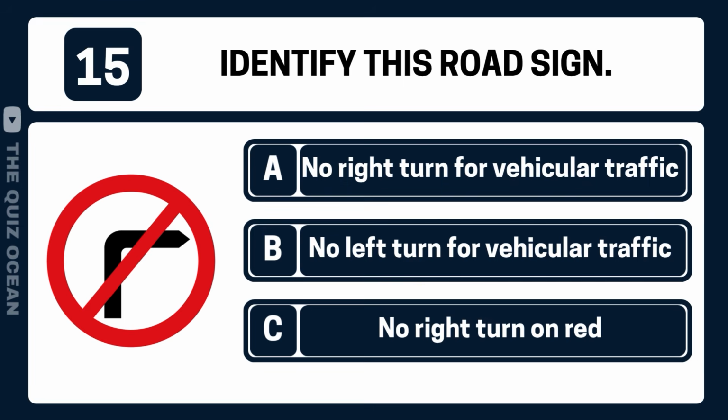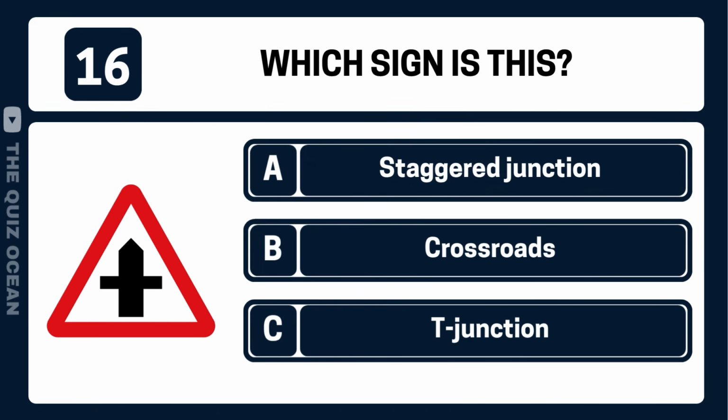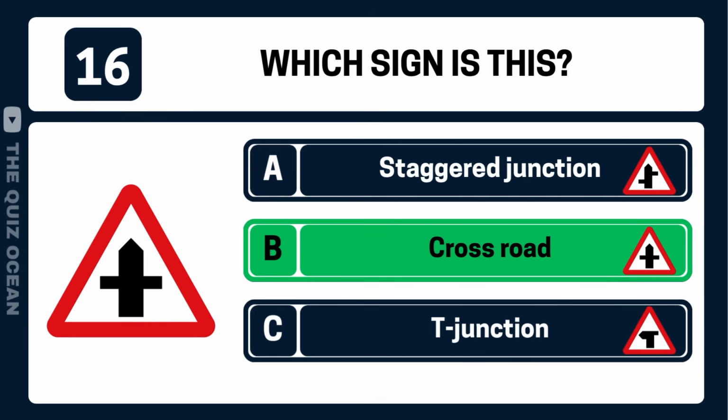Identify this road sign. Correct. This is the no right turn for vehicular traffic sign. Which sign is this? Good observation. What is this road sign? That's